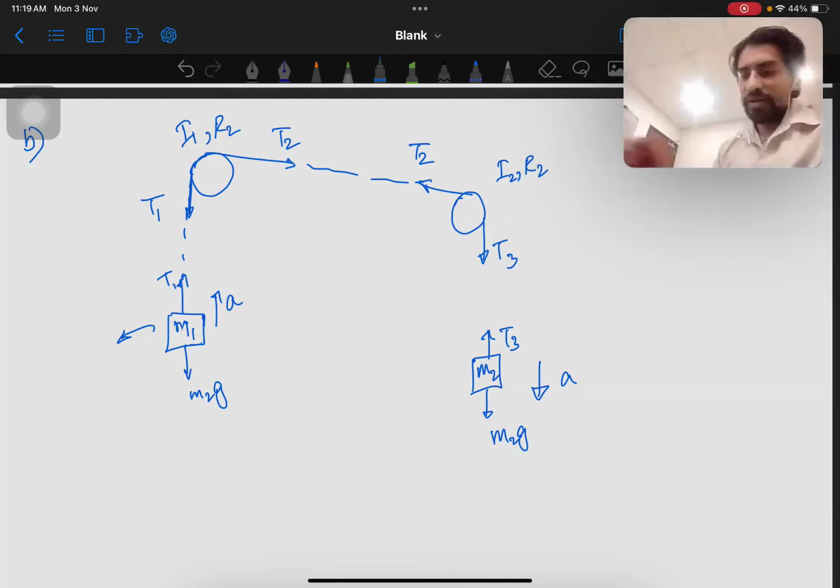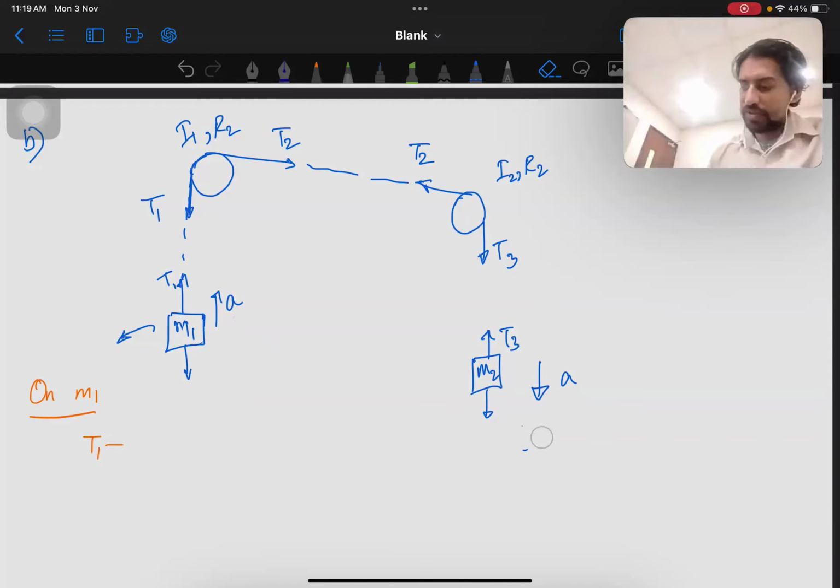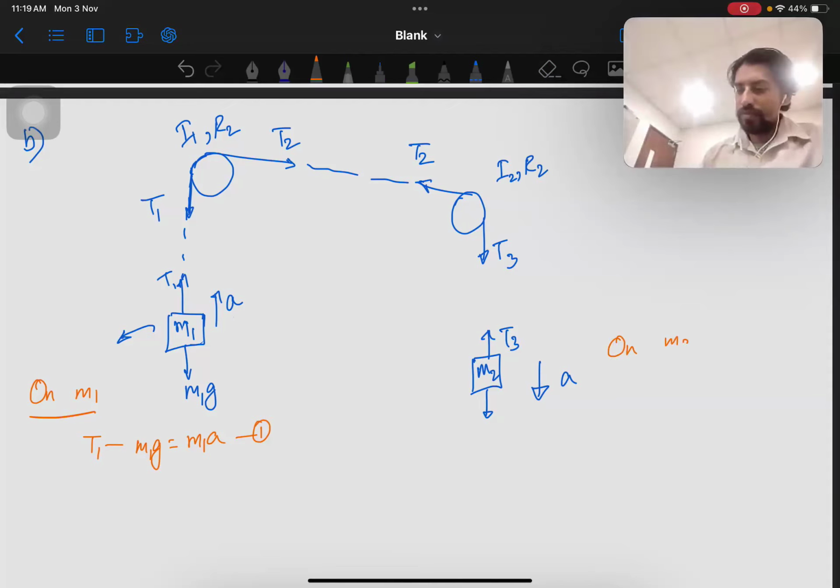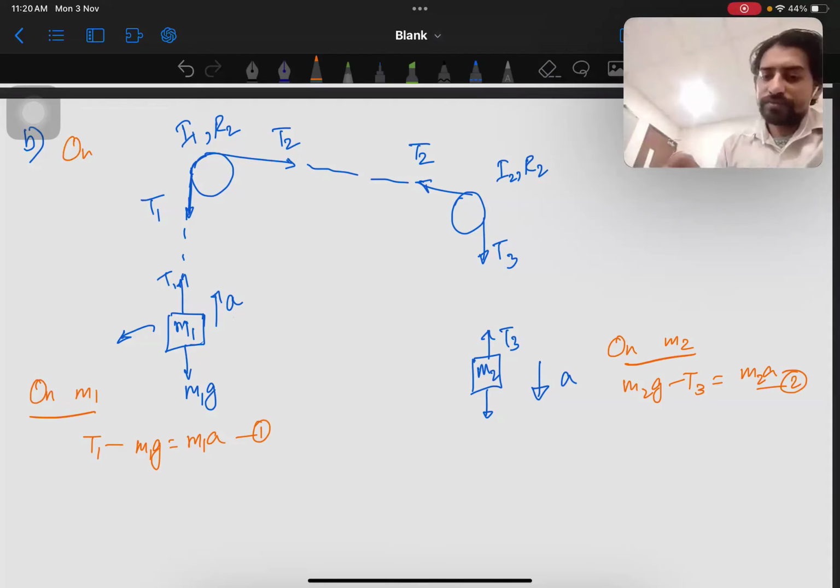Let's write the Newton law over here itself, right? On M1. What is that on M1? T1 minus the forces. Fine. T1 minus M1G is M1A, equation number 1. On M2. M2G minus T3 is M2 into A, equation number 2. Torque equation on this one. On the pulley,